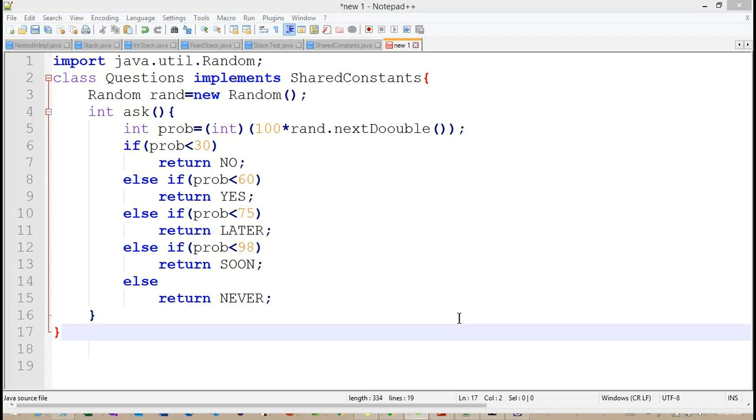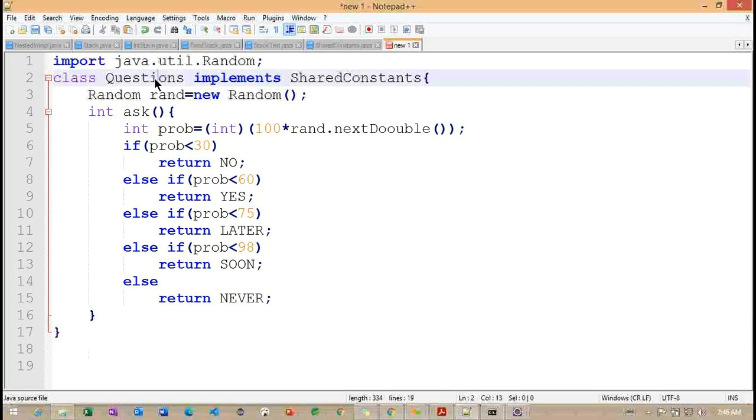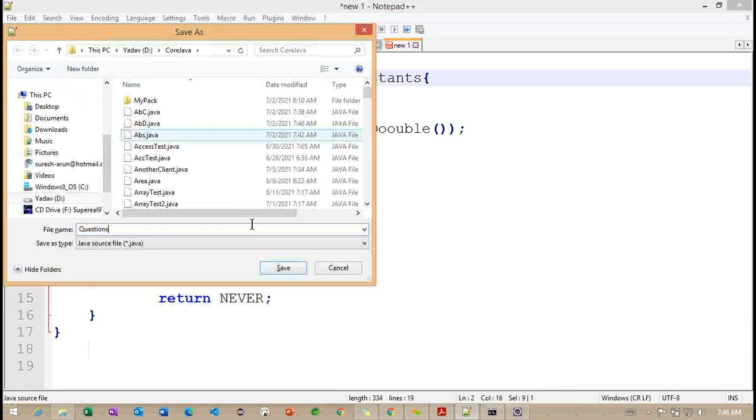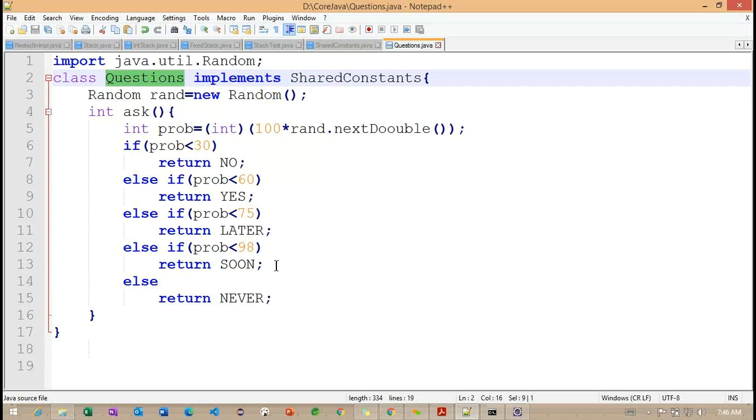Okay. After this, let me save this class as Questions here. First we'll check with this example how exactly it's going to work.